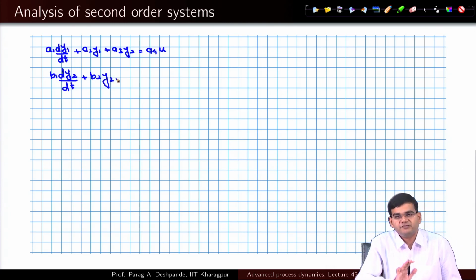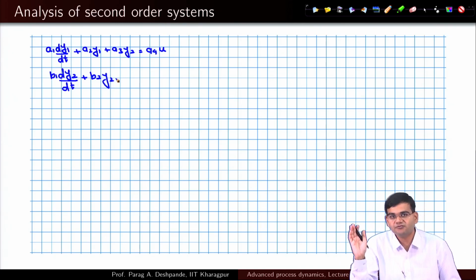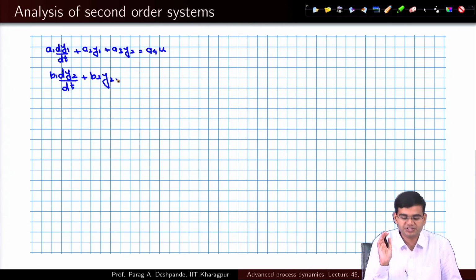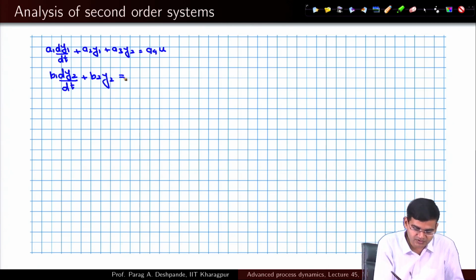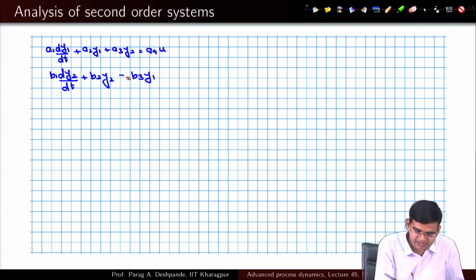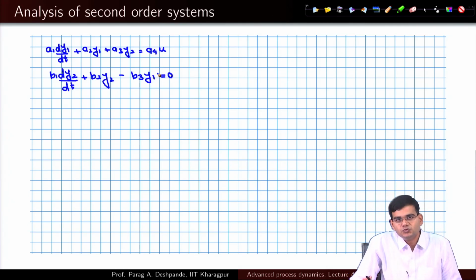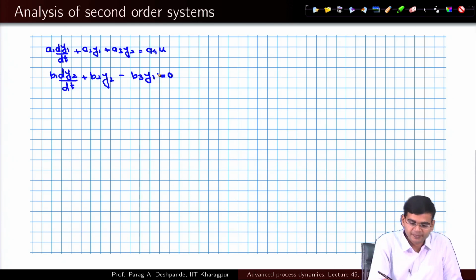Now, in this scheme of equations, the forcing function, or the input function, is on the right hand side. So, I should write this is equal to B3 times y1, because that is the input function. In other words, I would simply write it as minus B3 y1 is equal to 0. So, now I have two equations for obtaining my transfer function, equation 1,